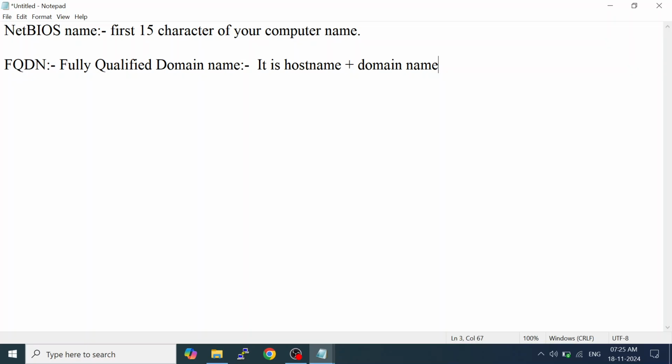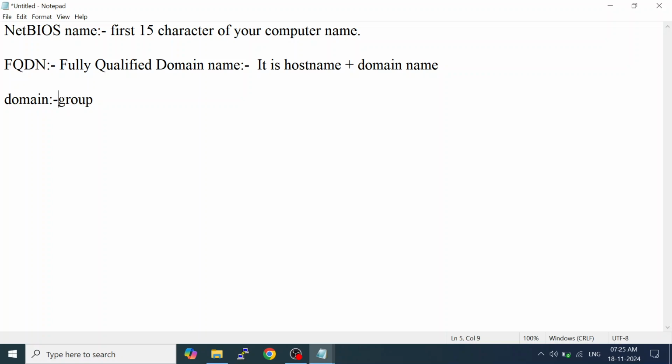Now what exactly is a domain? A domain is a group. Whenever we talk about domain, it means group. So don't get confused when it comes to domain name; it is just a group name. Microsoft group, Tata group, Infosys group. They use a group tag when the device or the user is a part of that group. Their email address comes with that group name as a tag, at the rate infosys.com.